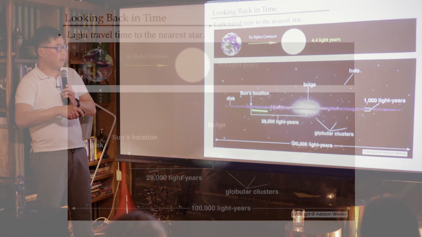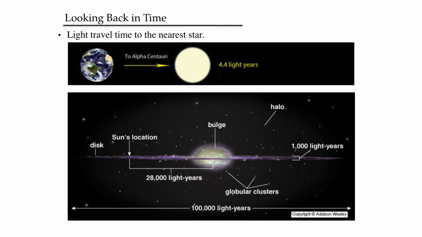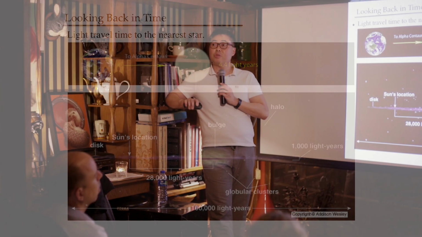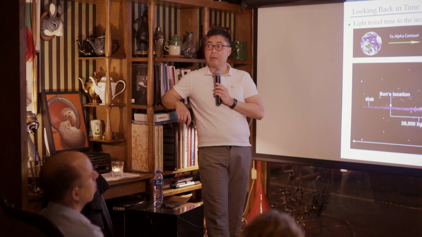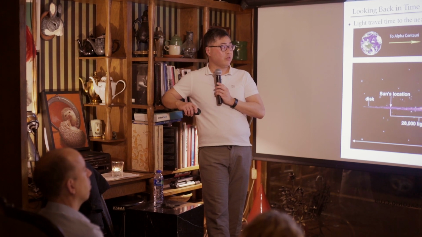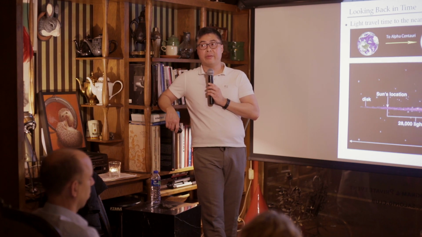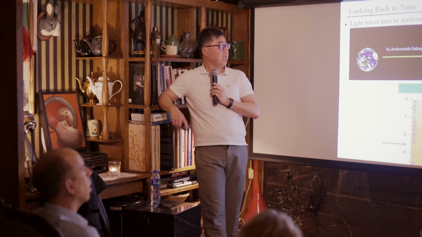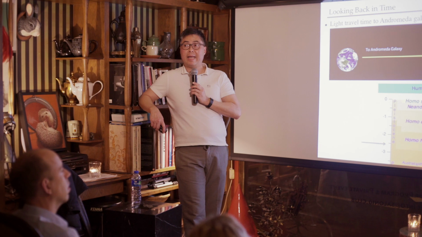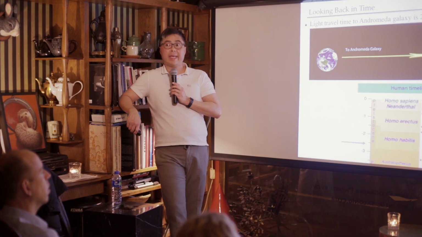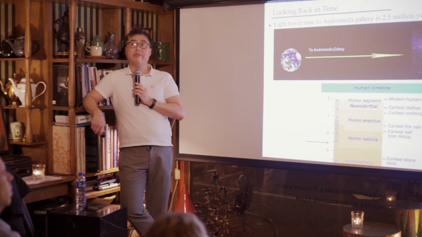This is our galaxy. Our galaxy is about 100,000 light years across, which means it takes light 100,000 years to get from one end to the other. So when we look at the stars over here, we're seeing these stars as they were 100,000 years ago. If you look at the Andromeda Galaxy, we see the Andromeda Galaxy as it was 2.5 million years